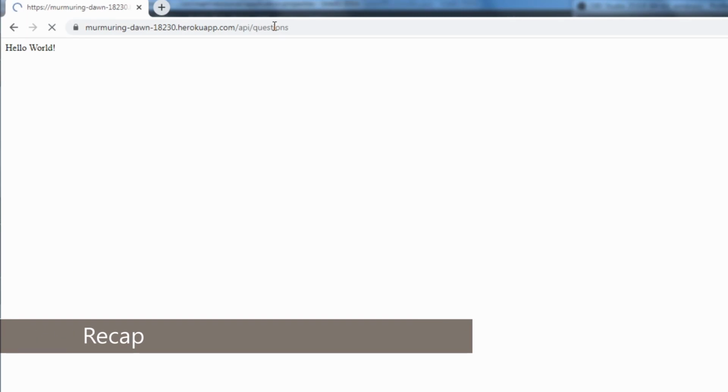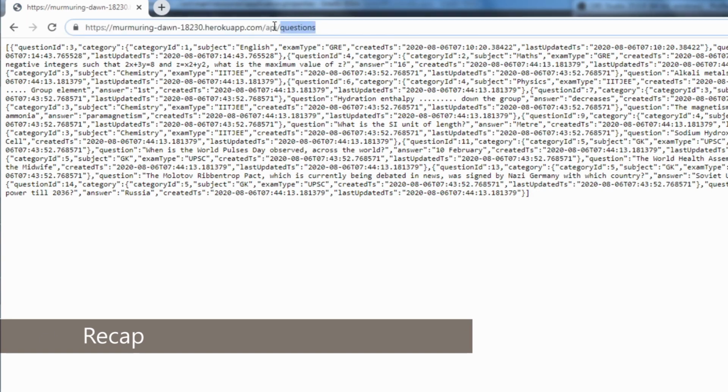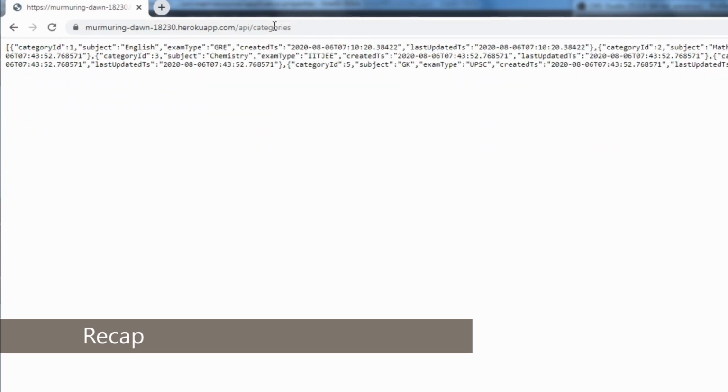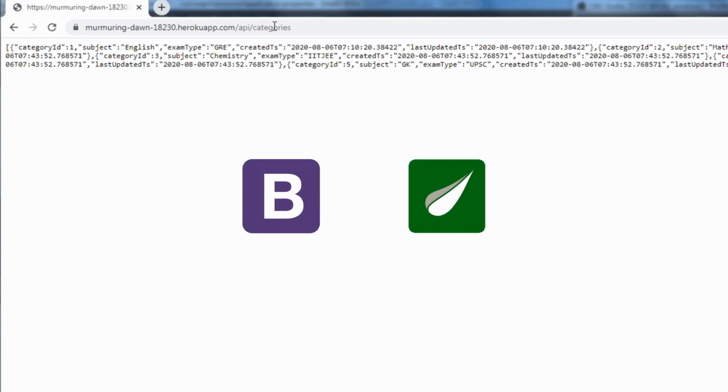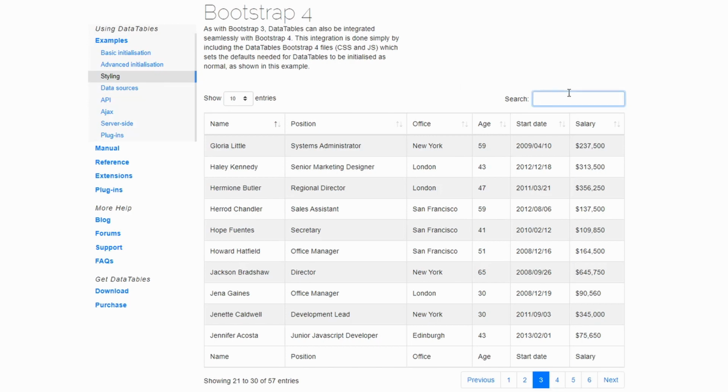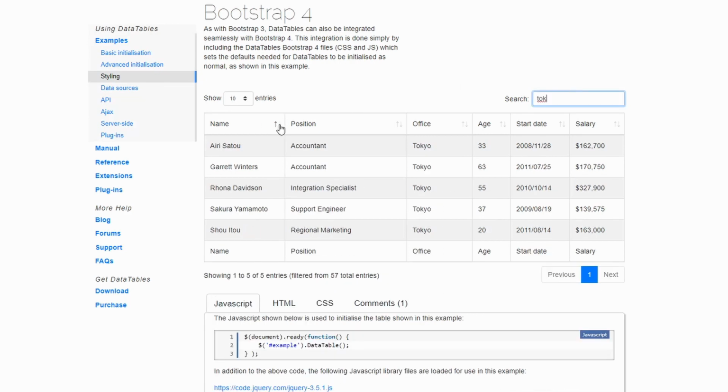In the previous video, we worked with Spring Data JPA to fetch data as a JSON. In this video, we will do much more with Spring Data JPA, like adding, editing, deleting data from the front end, which we are going to build using Bootstrap and Thymeleaf. And as a bonus, I'll show you how to convert a simple HTML table into a data table,